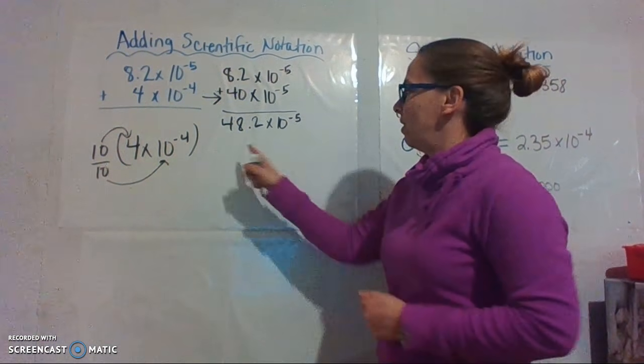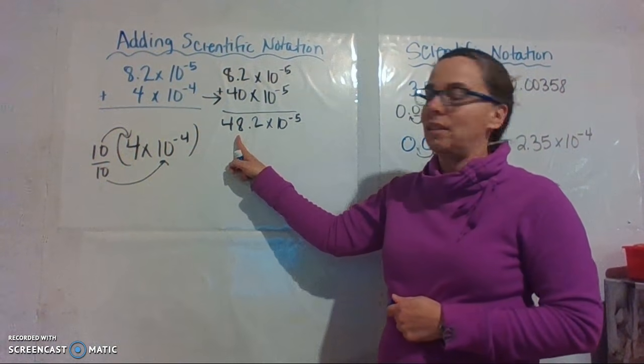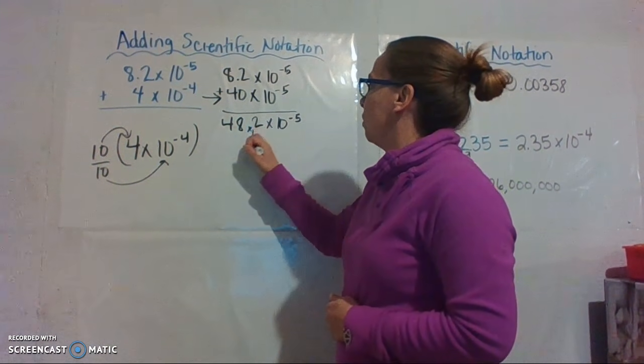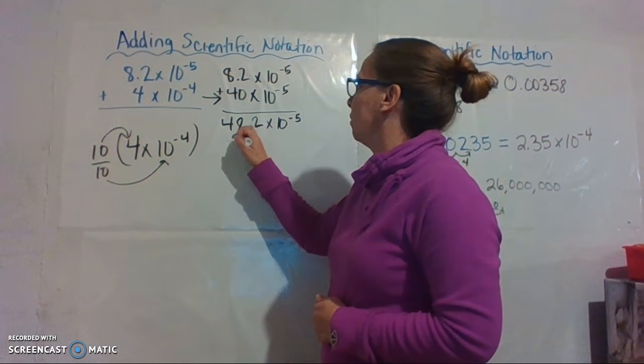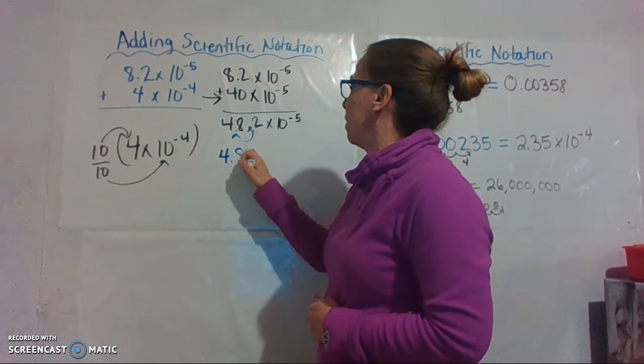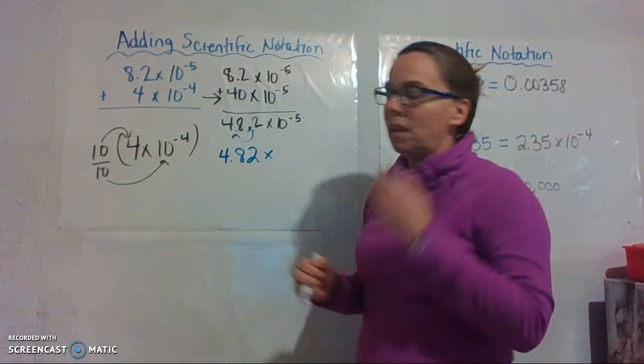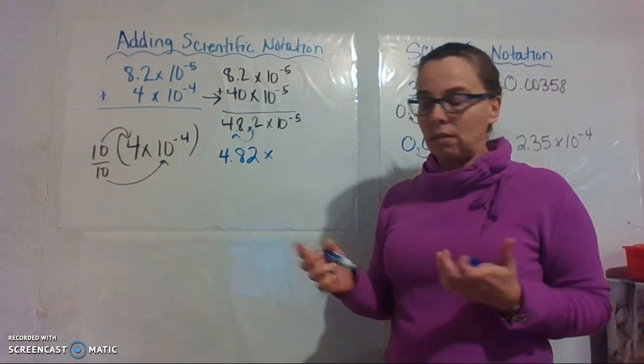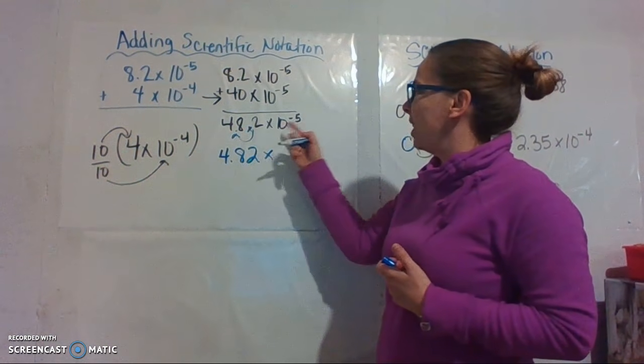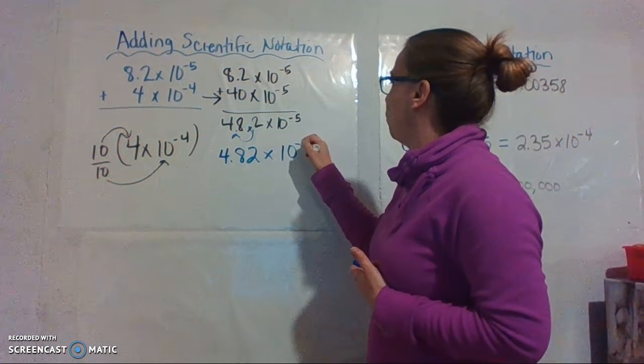48 is not a correct first factor. It has to be less than 10. So I need to move my decimal point. So 4 and 82/100 times. Now I took away one of the decimal point places, so this is now going to be 10 to the negative